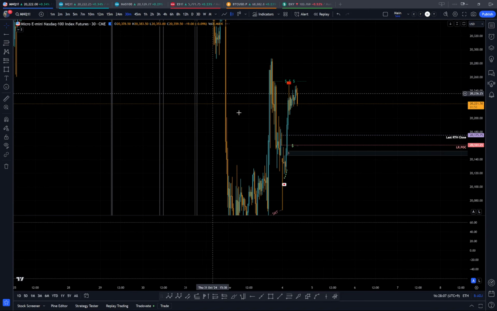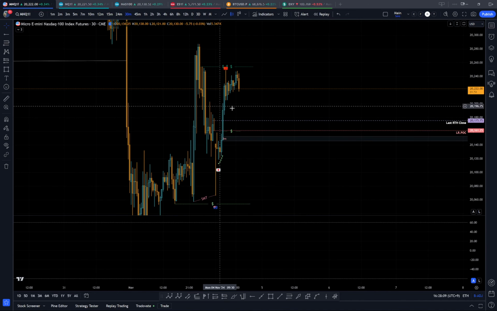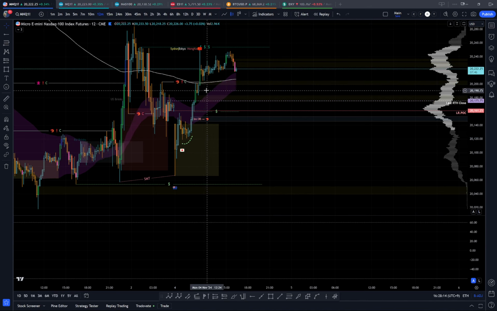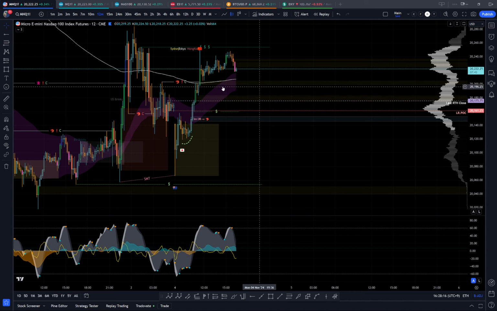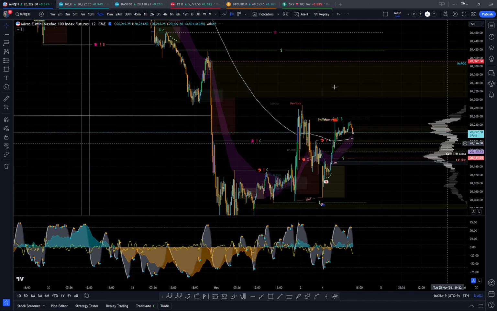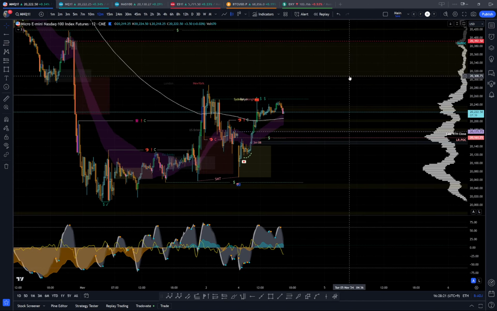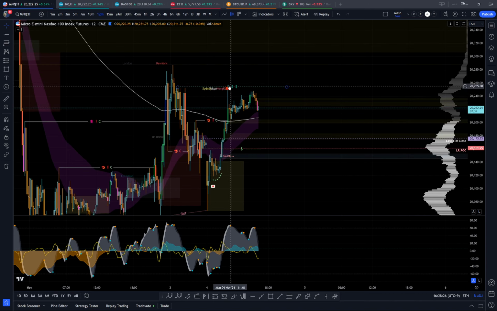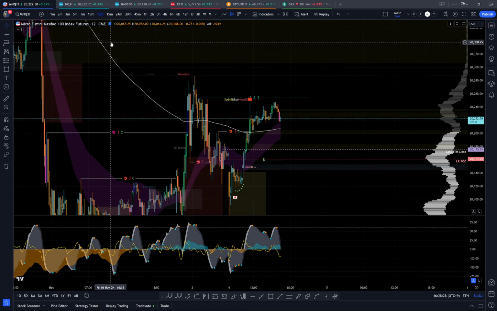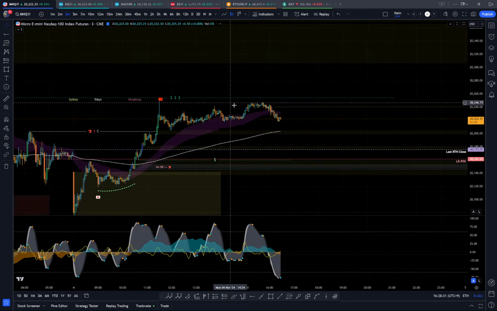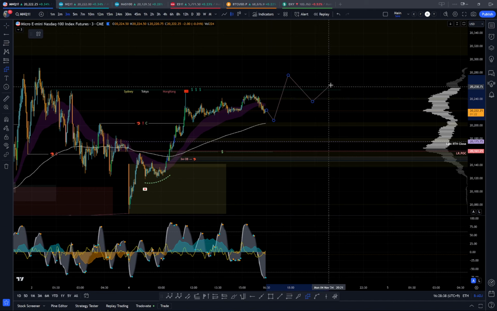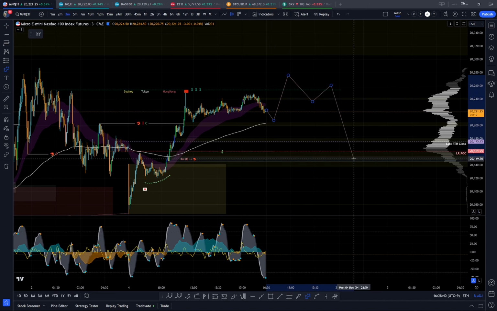Would I call this like a breakaway gap? I don't know, it's a bit ugly. Could they find support around here and then keep pushing it up deeper into this imbalance? Sure, they could. Will I be shorting the second I see China's high being taken? Probably not. But we do have catalysts around here for a pullback. I don't know what they do around here, but coming into here, we could get a very controlled pullback into this demand area.